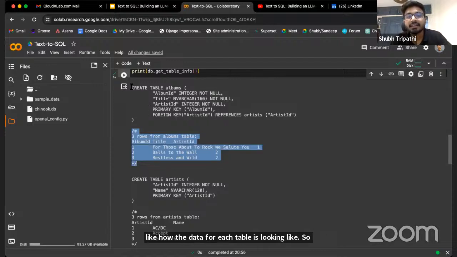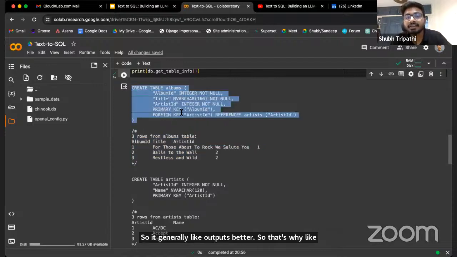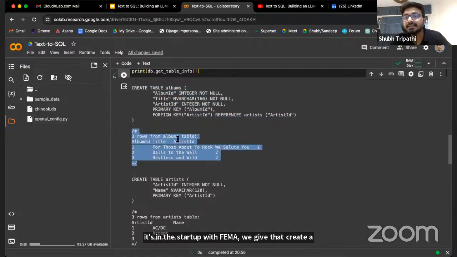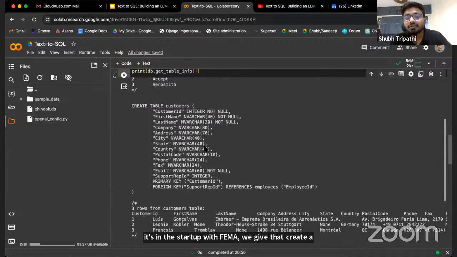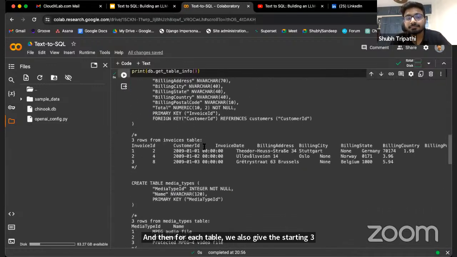So that's why in this database schema we give the create table statement, and then for each table we also give the first three rows showing exactly how the data looks. So we pass all the tables to the prompt. And